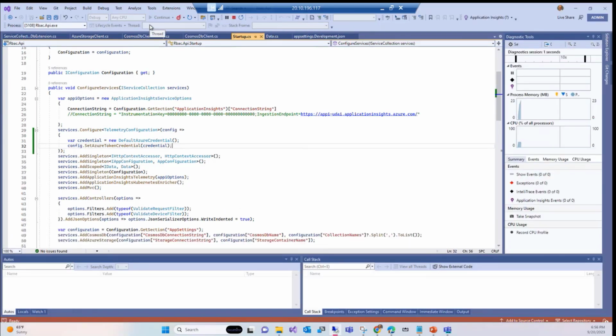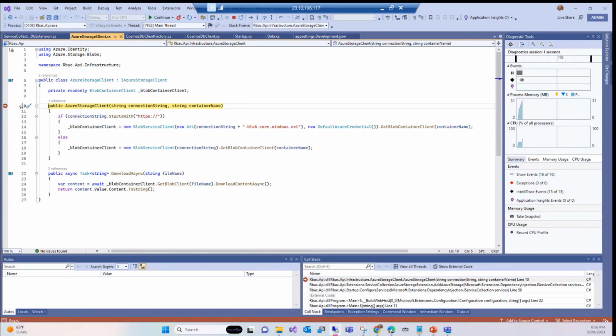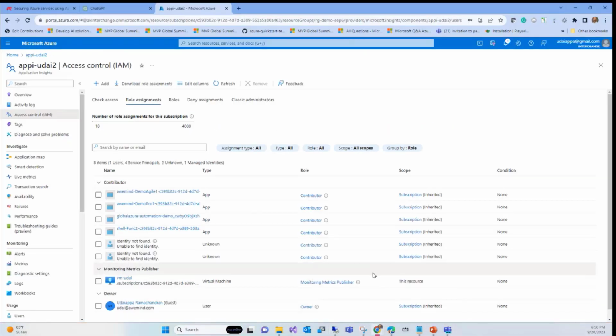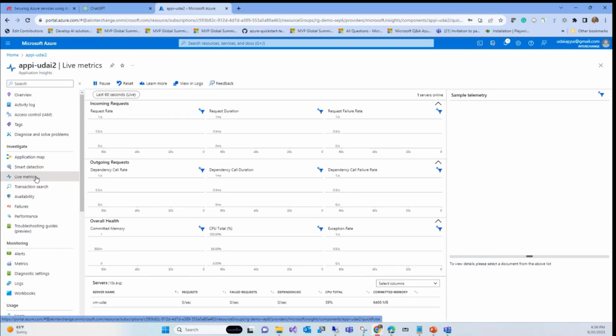Now you run the application, it loads, and then I go back to my app 2. Now look at my live metrics. It should now say the application is registered and waiting. See? So now it's ready, waiting for it.